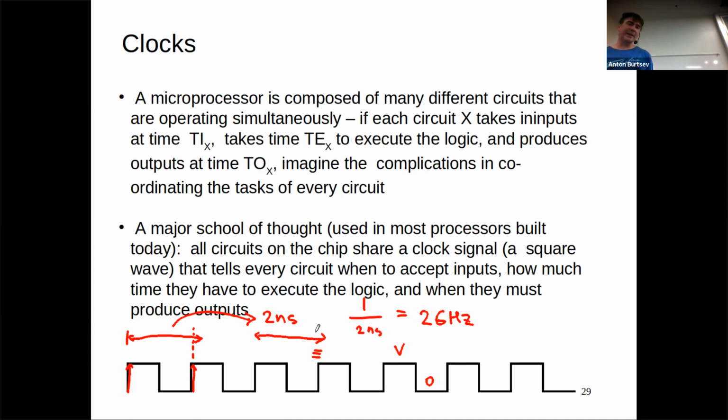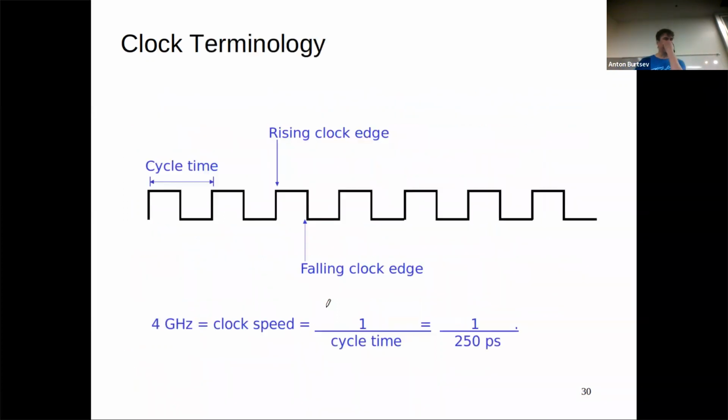Then we will design a tiny memory, which we'll put between this combinational circuit and the next combinational circuit to make sure that this memory will remember the output of the circuit. Let me explain it a little bit better. So this is the terminology: cycle time, rising clock edge, falling clock edge, and this relation. So here, instead of 2 nanoseconds, it's